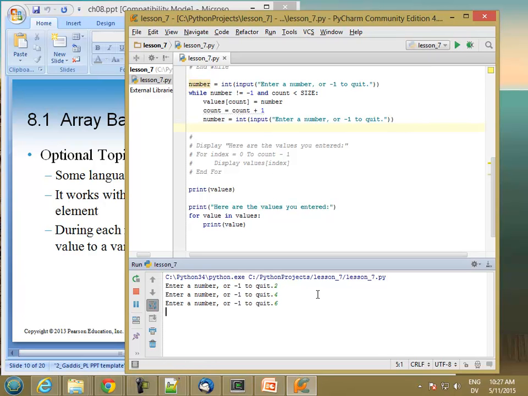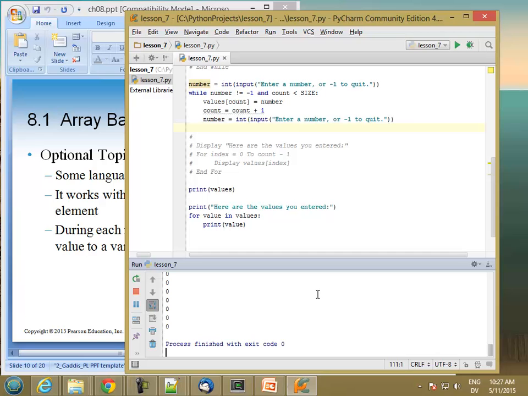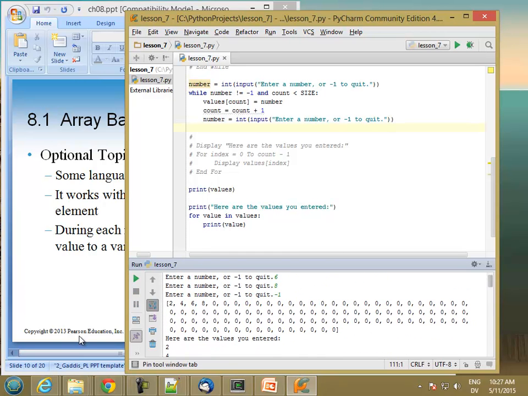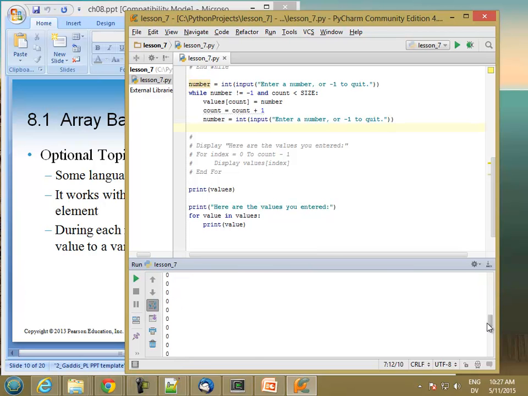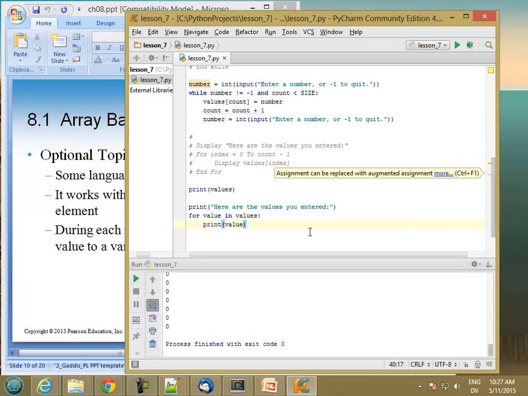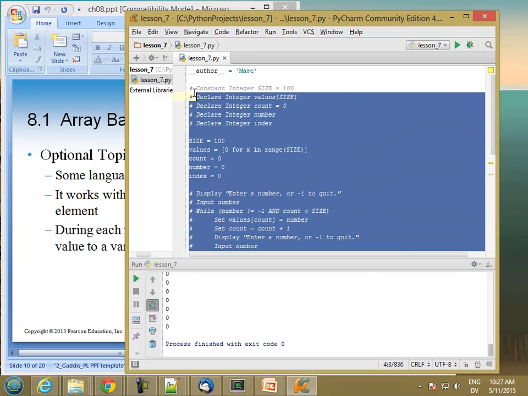I enter 2, 4, 6, 8, minus 1, and then I get an array with 2, 4, 6, 8, and then I initialized it to have 100 values in it, so I get 96 other values. And then when I say for each value in values, I get 2, 4, 6, 8, and then all of those values. So usually that's not what you want, but if you want to do something like this,